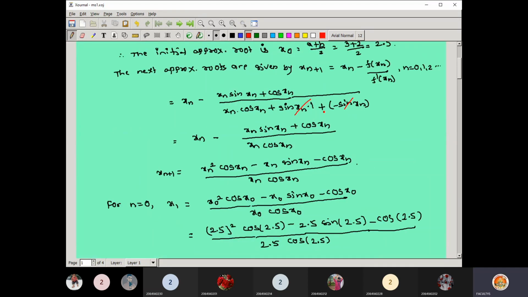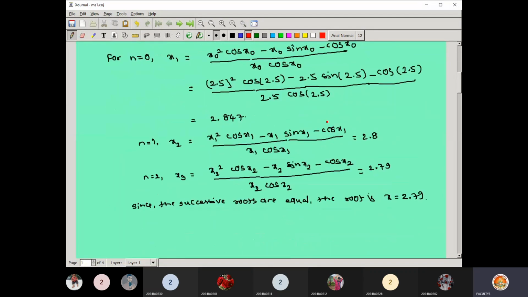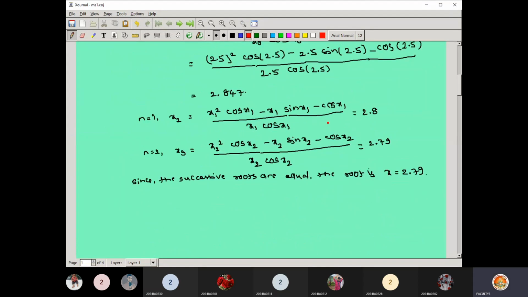So finally, you are using Newton-Raphson method in order to get your answer. వస్తే ఆపేయండి. ఒకవేళ డిఫరెంట్ వచ్చింది అనుకోండి, better you go for next approximate root. Automatically you will get the same answer. If you are using Newton-Raphson method for each and every candidate, you will have the same solution. By the different methods, you will get a different answer. There is no doubt at all.